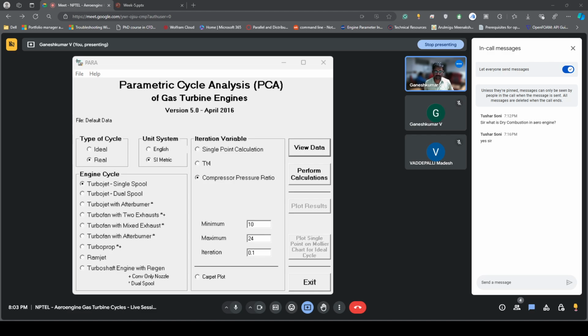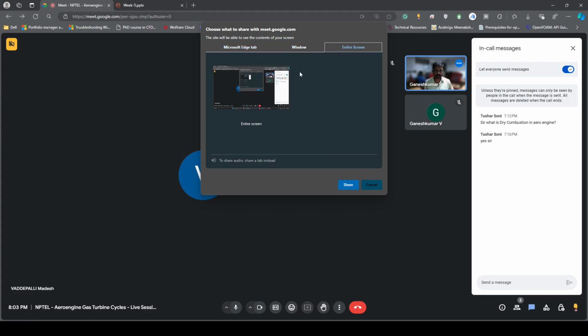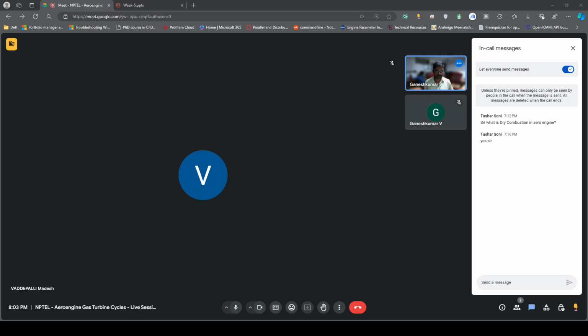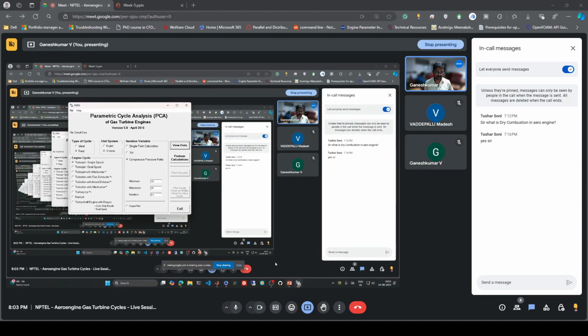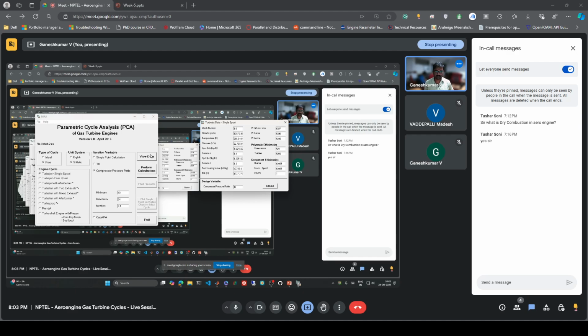So in the view data, probably you are not seeing. One second. Give me a minute. So you are having this turbojet single spool data, right? So probably I'll drop this. In this you also have this turbojet single spool data, which has Mach number, altitude, temperature,